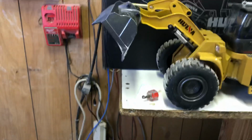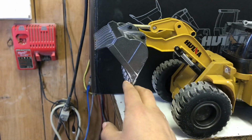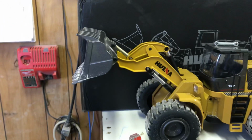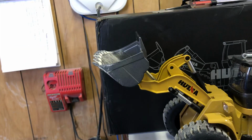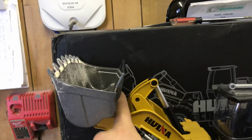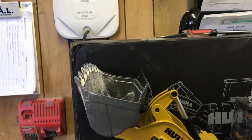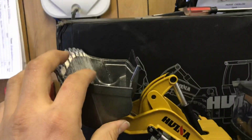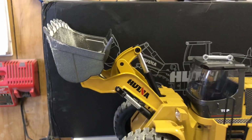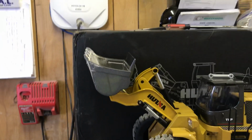more dump. So see, now if you go all the way forward, it completely dumps all the way down, where before it wouldn't dump that far down. And now if you go all the way up, you'll see where it stops. You see, it doesn't go as far back, and it doesn't hit right here on this pivot section. And it doesn't flop back how it would before. Before it was flopping back and it would spill everything over onto the loader. So now it just pretty much stops right there, and it keeps all the sand in place, and it has